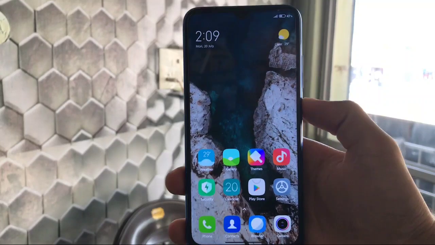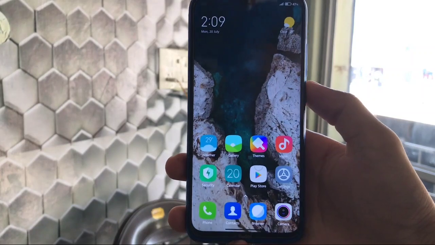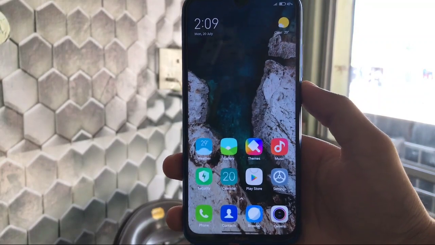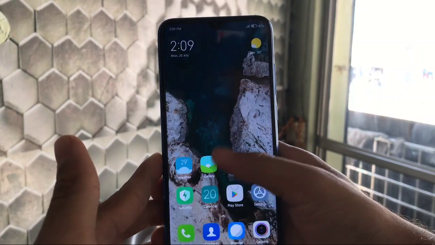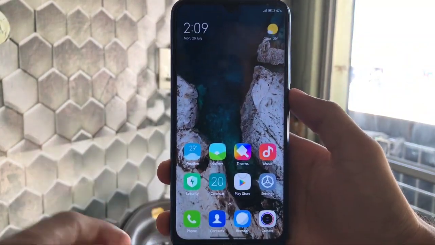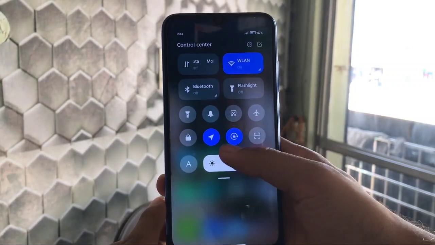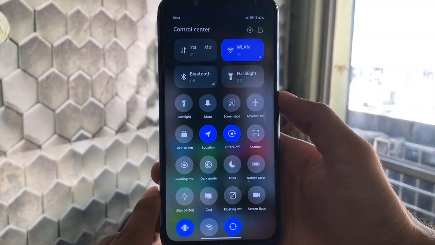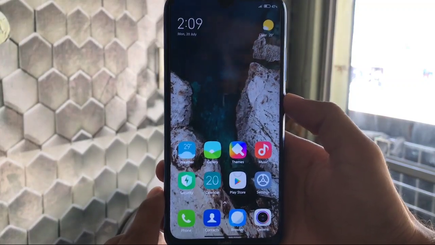Let's get started first of all with the super wallpapers, and this is a super wallpaper which I have already applied. This is a super wallpaper and looks pretty super cool. This is just great and you can use the super wallpapers officially in this build. Overall the scrolling speed is just fine. I am using the app drawer option from the home screen settings which is working perfectly fine, including the control center. Control center has all the main features like flashlight, screenshot, some other things which are already present in all other MIUI builds as you already know.